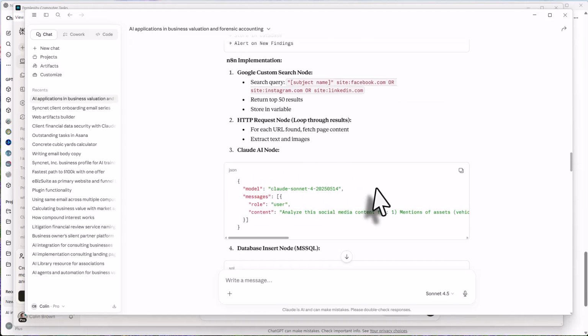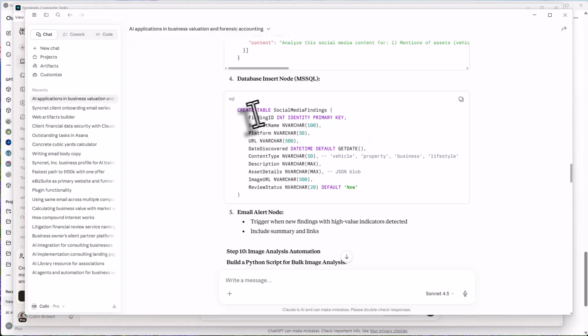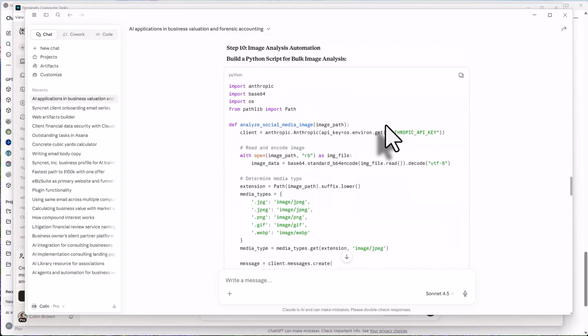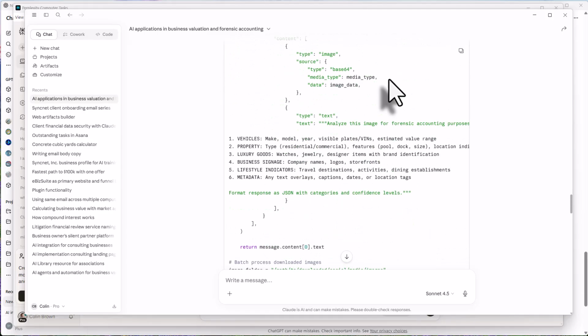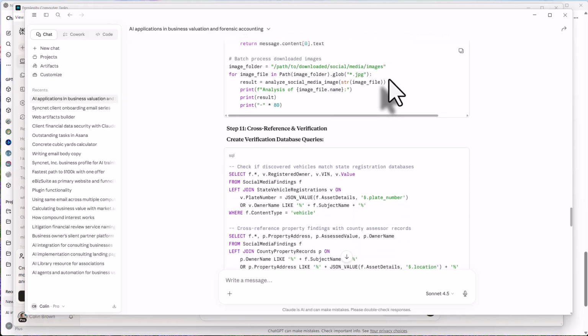It gives you all the code. It gives you the JSON. It gives you a database structure to capture all this data. It even gives you a Python script for bulk image analysis. Super, super smart. This is way more detailed than all of the other tools that we've just looked at.